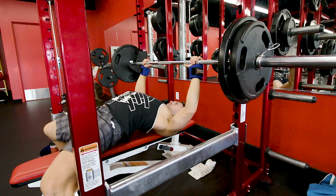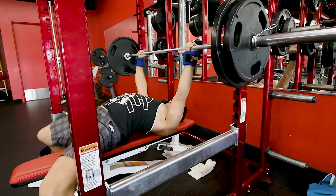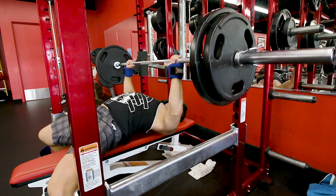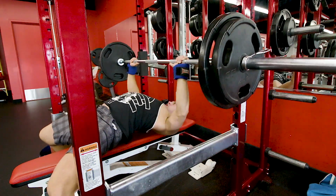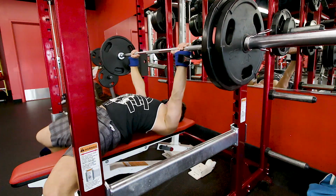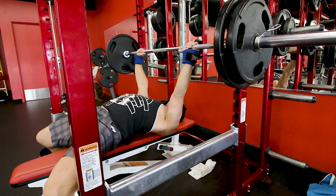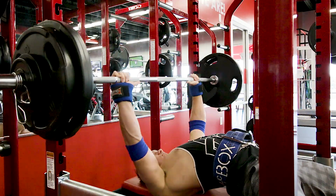So yeah. Actually, no, this is my second working set. The camera died in the middle of my first set, so I didn't throw that in there. But first set was 195, and again, I got 4 reps on that. Goal was 4 to 6. This is my second 205, 4 reps, as you can see there. Went pretty smooth. Then into my next one, this was